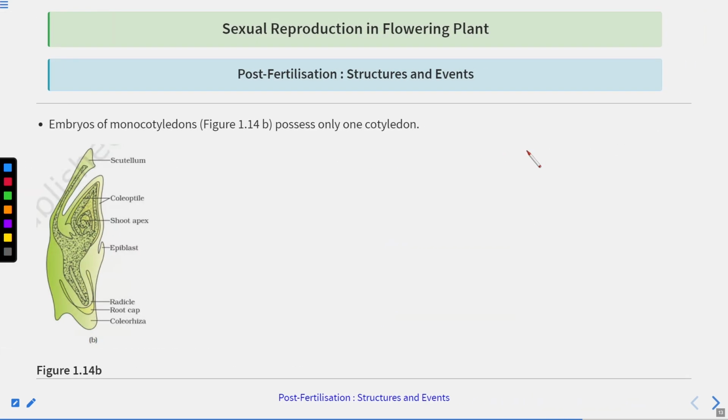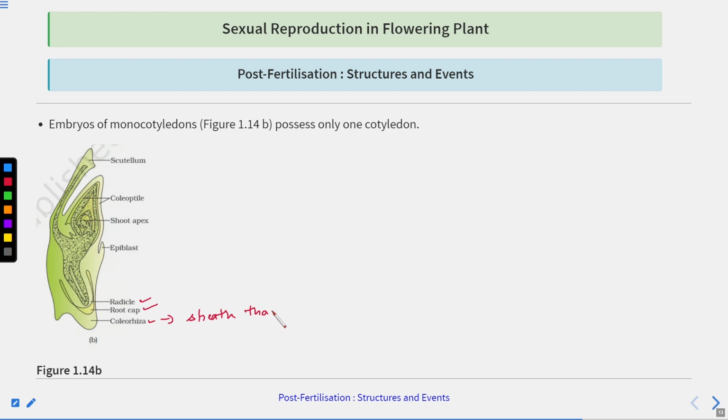Now let's talk about the structure of the monocotyledonous embryo. This is the image showing you the structure of the monocotyledonous embryo. So you can see what the structures are here. Here you can see the radicle, which will give rise to the root. Root cap, you can see, which will protect the root tips. Coleorhiza. What is the coleorhiza? It is the sheath